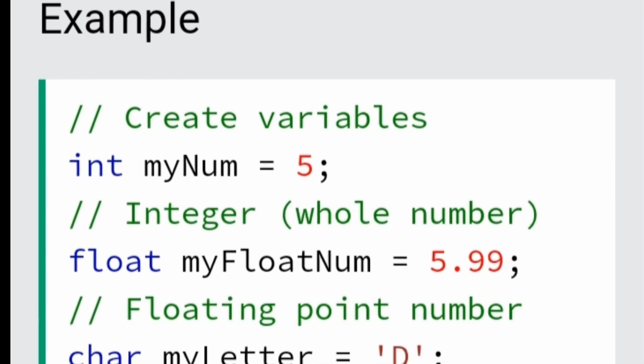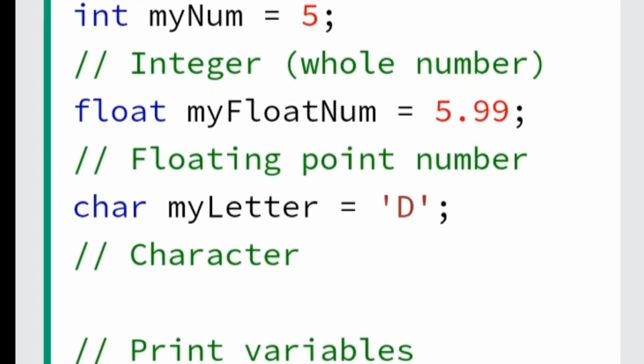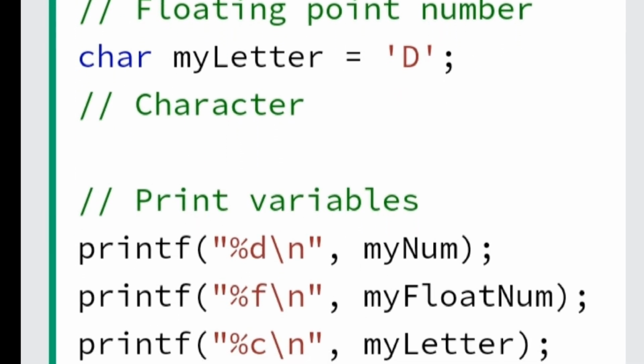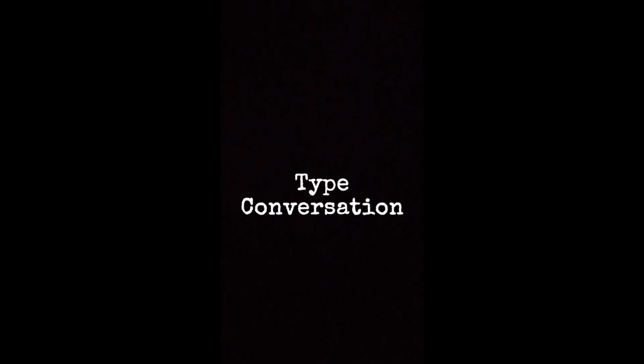Example: int myNum = 5; float myFloatNum = 5.99; char myLetter = 'D'; and then printf("%d\n", myNum); printf("%f\n", myFloatNum); printf("%c\n", myLetter);